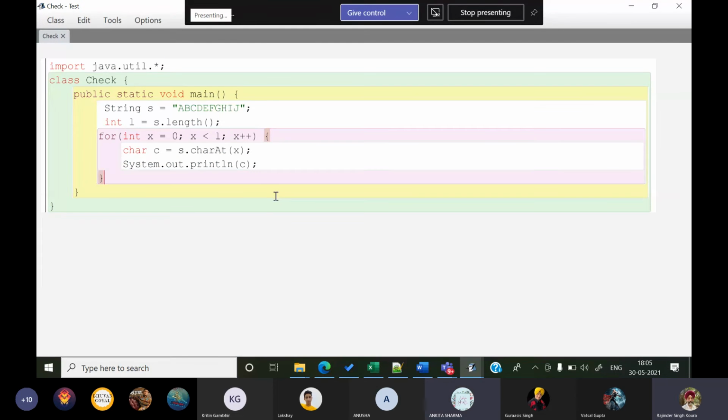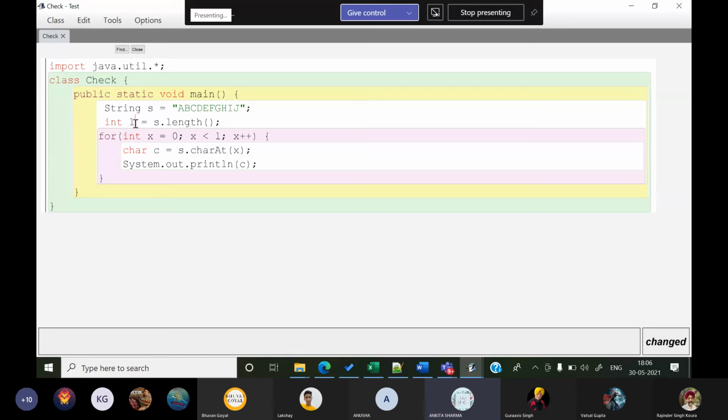Right? Sir, but I have a doubt. Yes. Sir, I didn't understand how the for loop is working. First of all, sir, if x will be 2, then the loop won't work because x is less than 1. No, this is x is less than L. This is length.